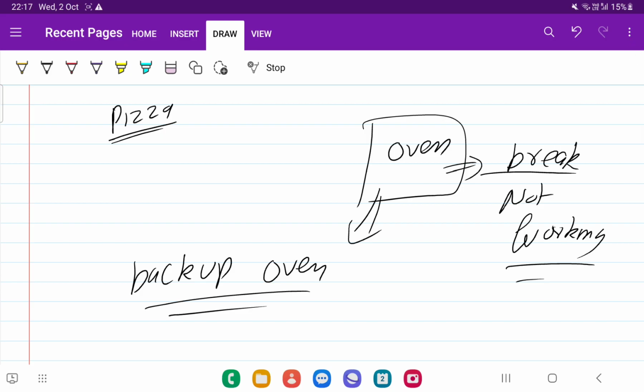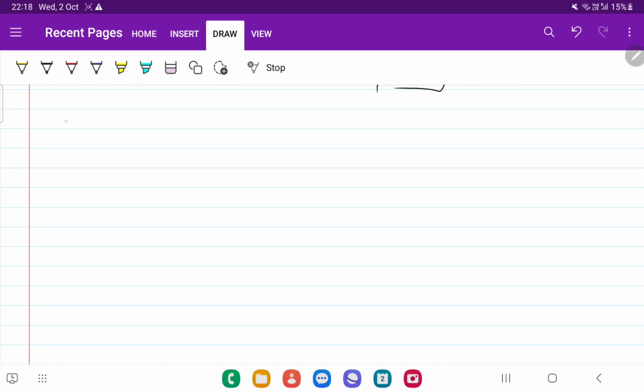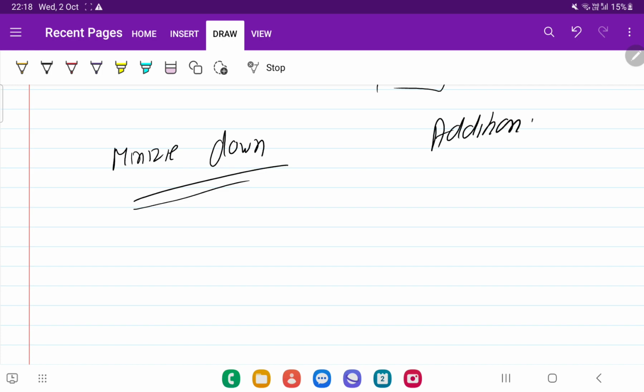Okay, similarly there will be a main oven. This is a big main oven. Now we will keep a secondary oven which can be a smaller oven. Okay, this is just for safety. We can use this oven if required, or not, it completely depends upon us, but this will be considered as a backup server for us. Okay, so here also there will be some pros and cons. Pros will be that it will minimize the downtime. Okay, if one server is down, there is still a backup, so we can use that server. But again, the cost will increase because you need to purchase two ovens. So this is one thing.